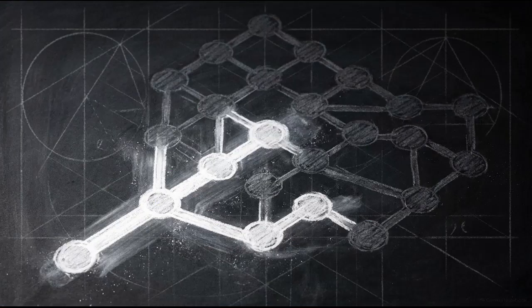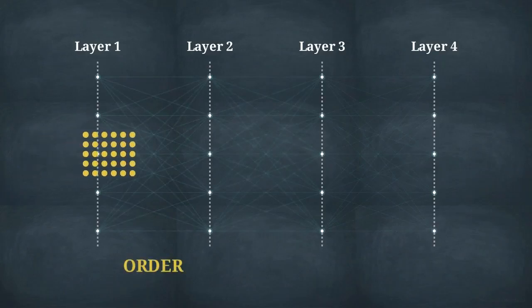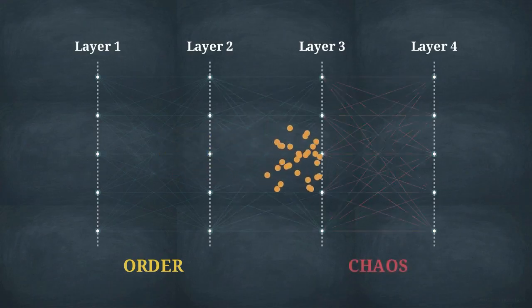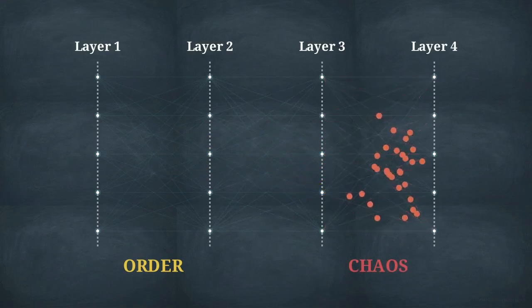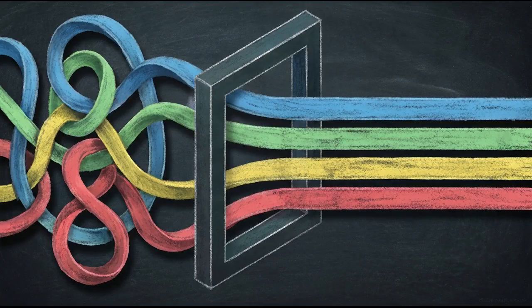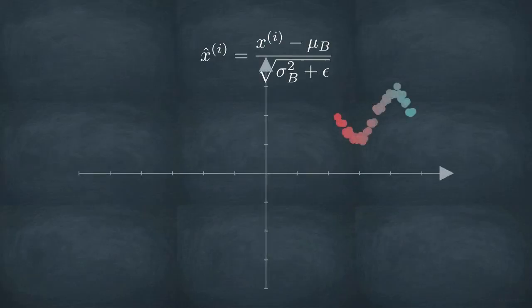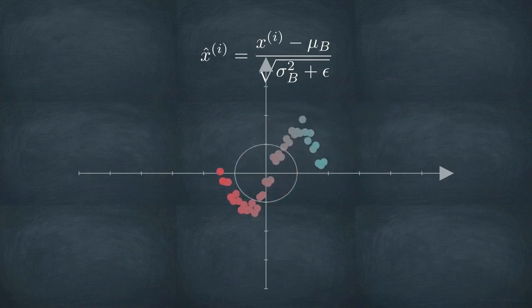Initialization only protects the network during its very first forward pass. As weights start updating during training, the distribution of the inputs feeding into deeper layers begins to warp and shift unpredictably. To solve this in real time, we apply a dynamic patch between layers called batch normalization. This equation shows the first phase of batch normalization. It mathematically forces the incoming data across a mini-batch to standardize to a mean of 0 and a variance of 1. But strict